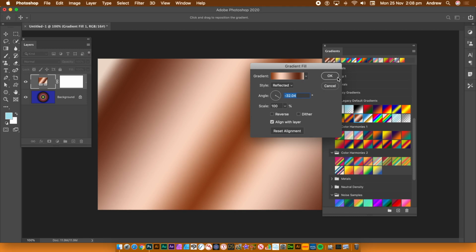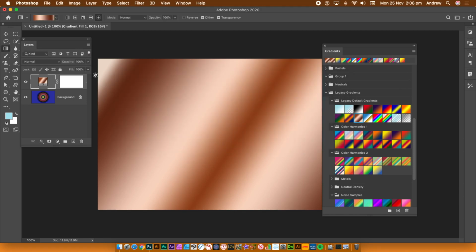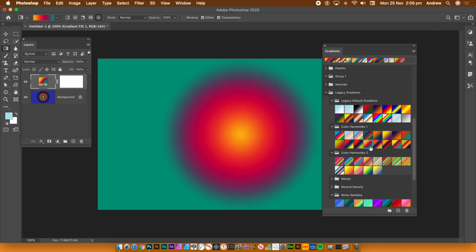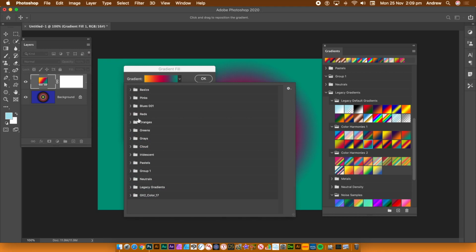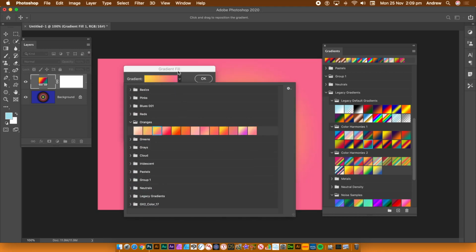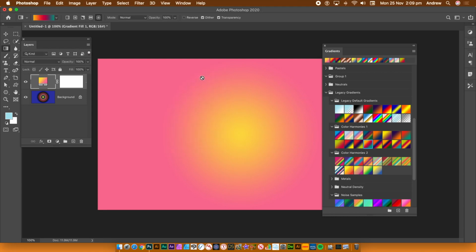You can also double click on the actual entry in the layers panel. So it will bring up exactly the same panel. Note that if you go and click again over in the panel, it completely ignores it and just replaces it with radial again. But you can change that. If you don't want radial, you can change that. So once you've clicked OK there,